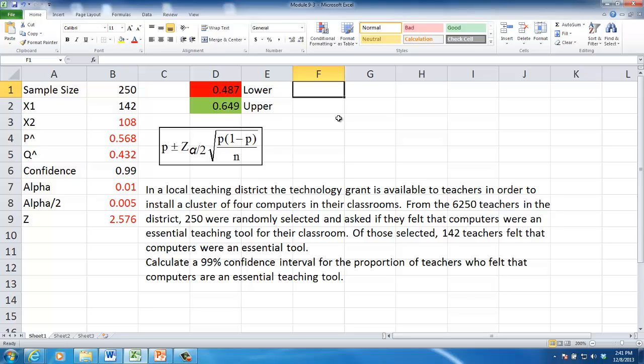Now there is one problem here, which is the range is too big. So the estimation is between 48.7 to 64.9%. So this is a pretty wide range. In order to get more accurate results, which means a smaller range, the only thing you can do is